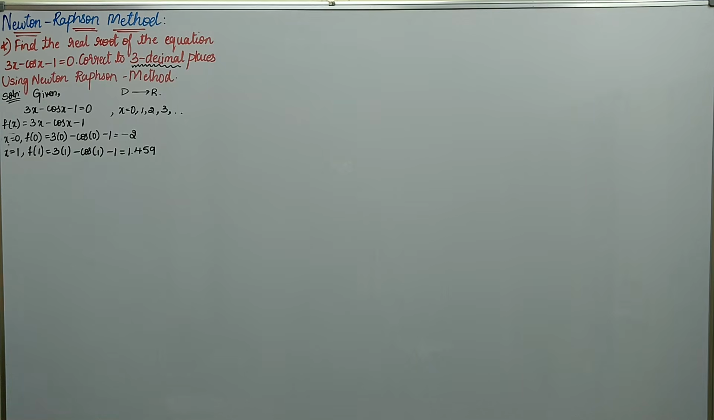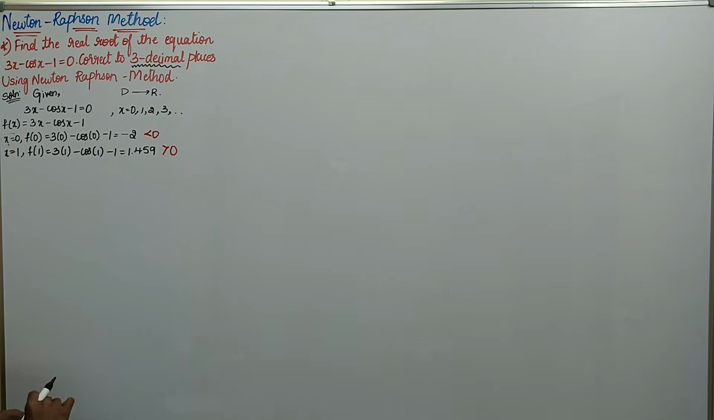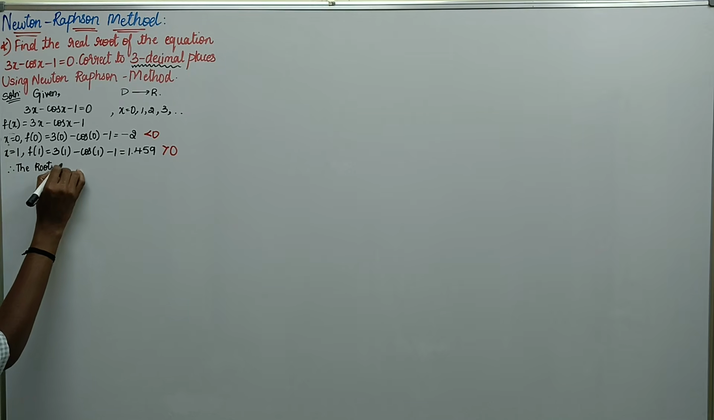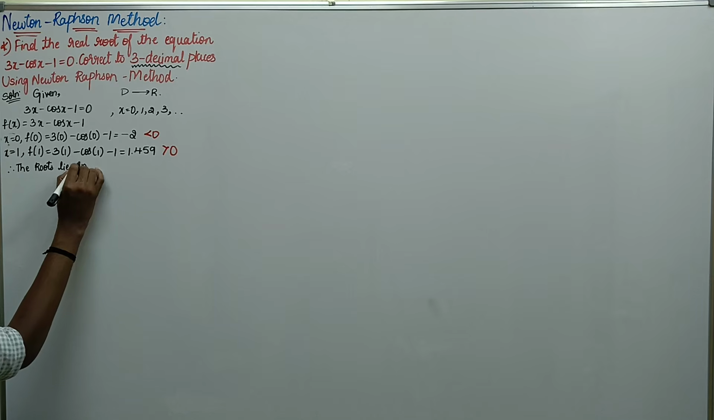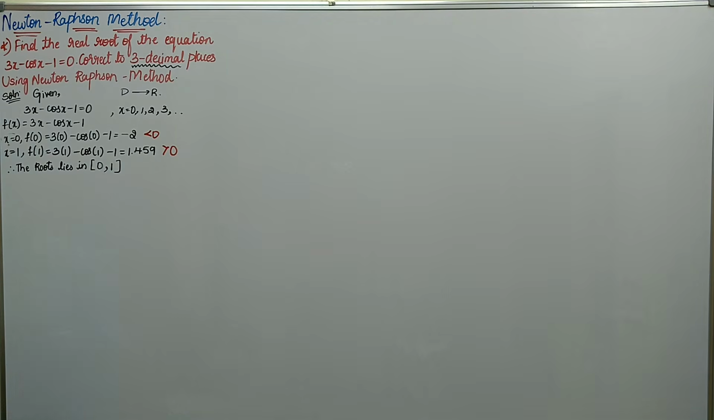See, now here you have got less than 0 and this is greater than 0. The roots lie between, therefore the root lies in the interval 0 comma 1. Okay, 0 comma 1. But to represent the formula, that is the Newton-Raphson formula,